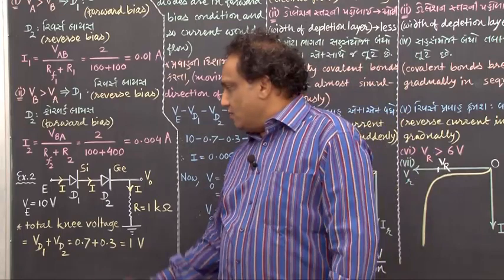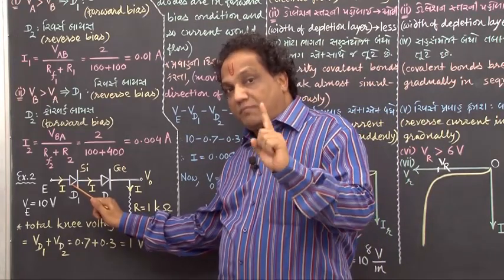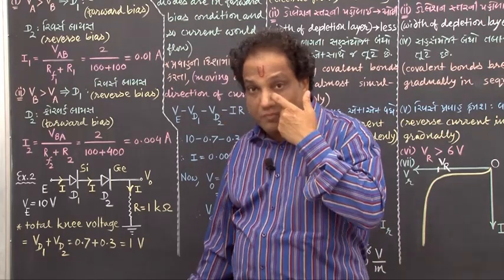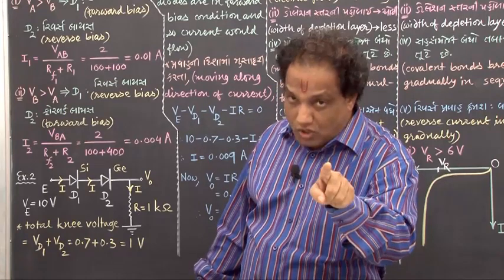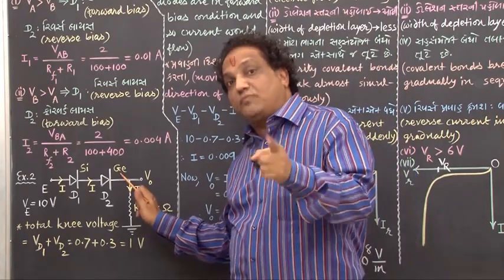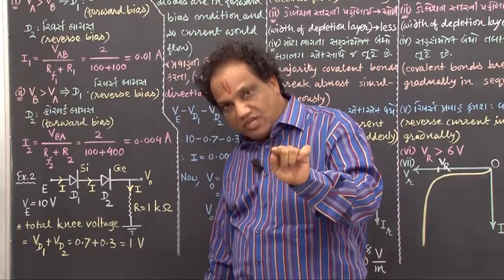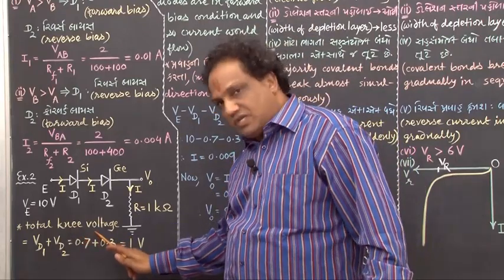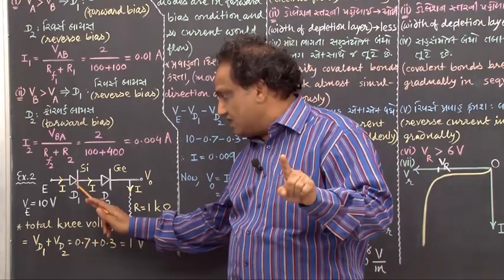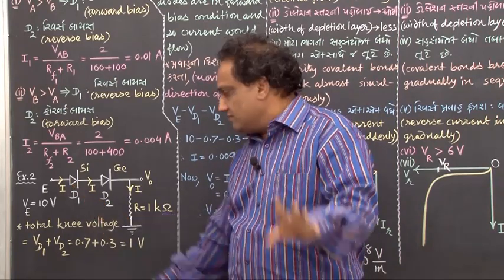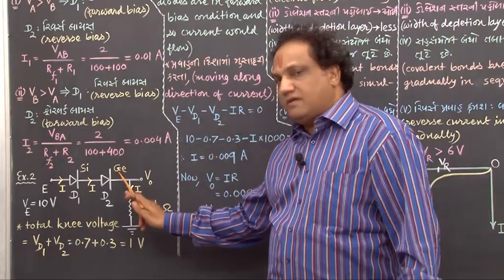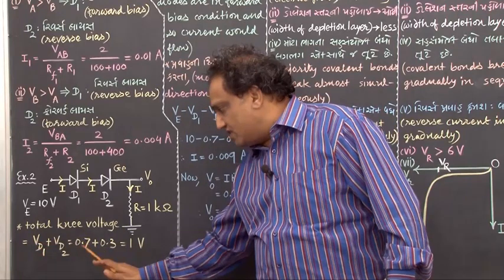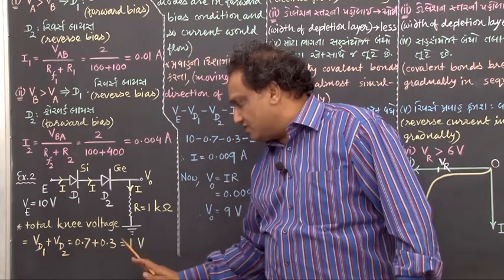Fine. Now, remember what is the barrier potential for silicon? In the PN junction diode made up of silicon, what is the barrier potential? It was 0.7 volt, and for germanium it was 0.3 volt. Now same barrier potential is given another name, it is called knee voltage. What is it called? Knee voltage. So what is knee voltage or barrier potential for this silicon diode? It is 0.7 volt, let it be VD1, and for germanium it is 0.3 volt, let it be VD2. So this barrier potential or knee voltage is 0.7, and this one is 0.3, addition comes out to be 1